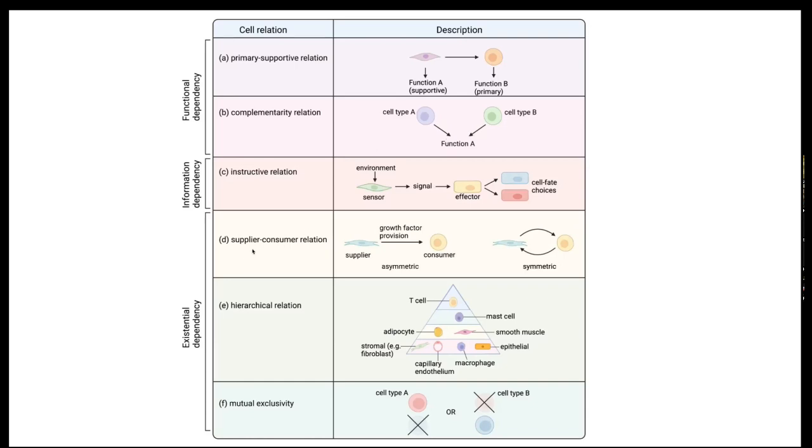I already mentioned instructive relation, functional relations. Then there could be supply-consumer relation, hierarchical relations, and there could be also relations based on mutual exclusivity. For example, if cell A is present somewhere, it's never in the company of cell B. These are mutually exclusive. The examples like this exist, but we don't know, they need to be defined in a more strict way. This is more just for